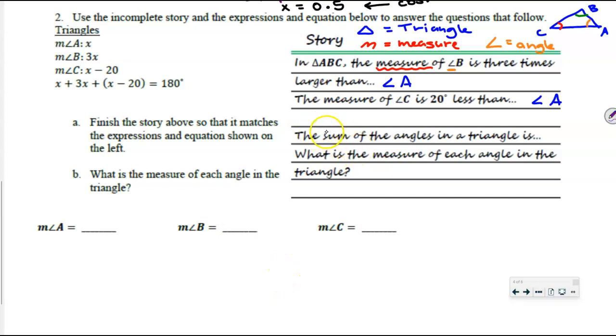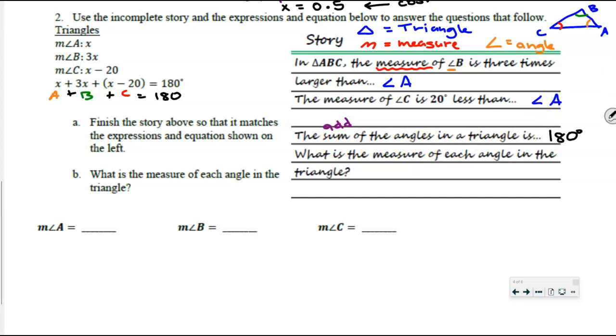Sum. The sum is just a fancy word that means when I add. When I add up all of the angles in a triangle, it's blank again. What happens when I add up x, which represented angle A, and 3x, which represented angle B, and x minus 20, which represents angle C? What happens when I add up all of those things? I get 180. So the sum of all of the angles in a triangle is